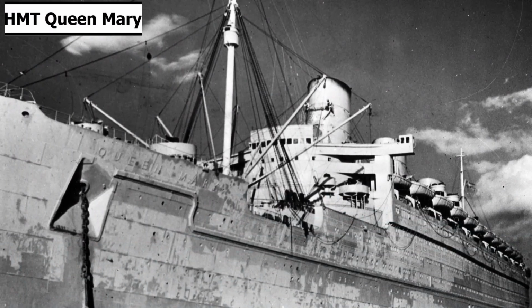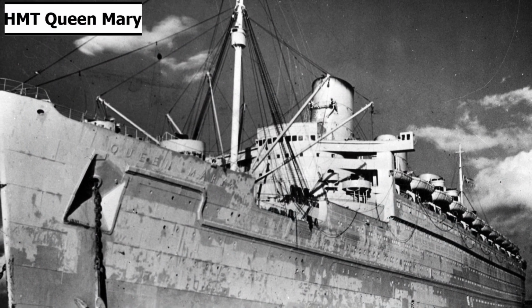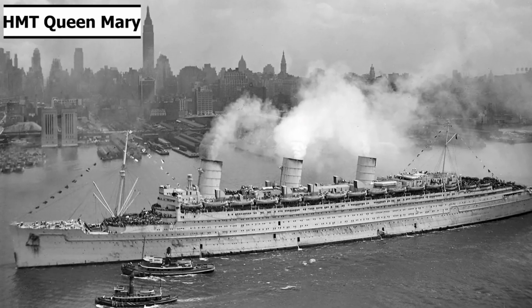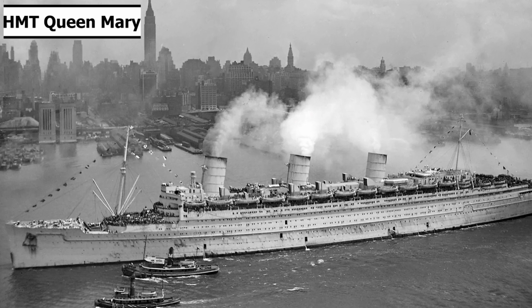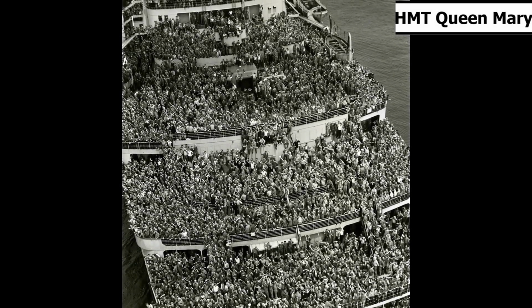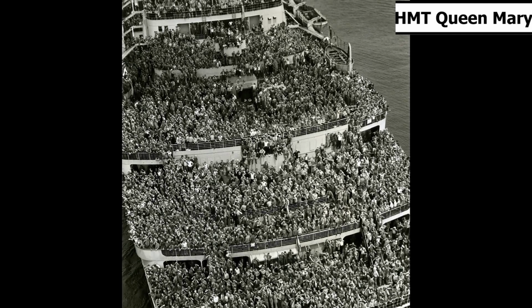World War II would begin in September of 1939, and shortly after this, Queen Mary was requisitioned for wartime service, serving as a troop ship. During the course of World War II, she ferried more than 750,000 troops in total, with several instances of her carrying well over 10,000 troops at a time. This was huge because her passenger capacity was 2,140,